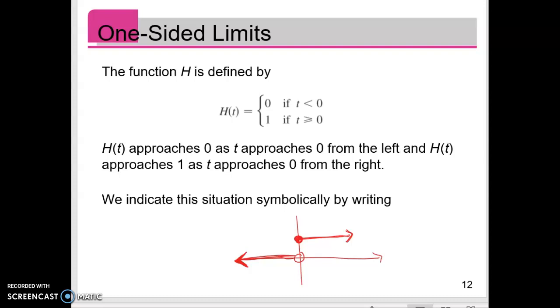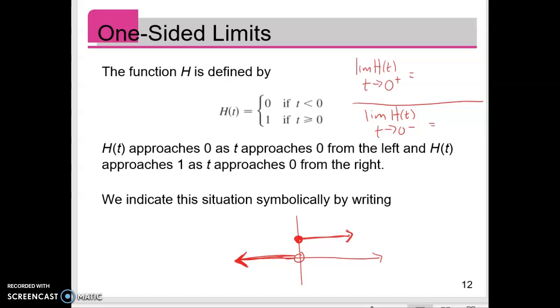In this example, the limit of this function h as t approaches 0 from the right, use a little plus superscript, and then we have a left-handed limit, the limit of my function as t approaches 0 from the left,